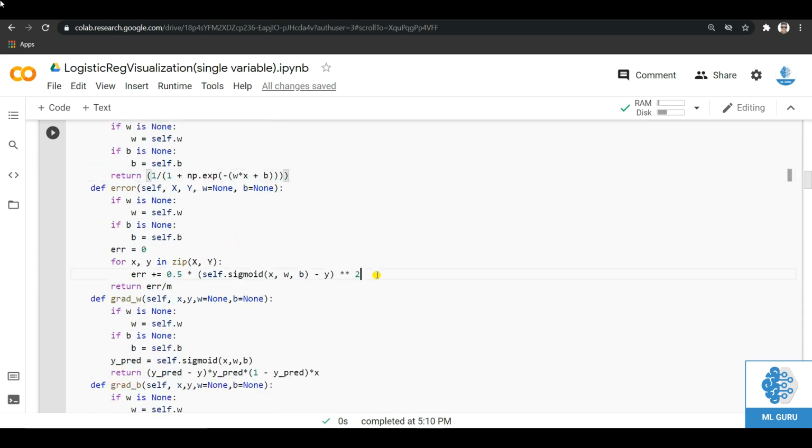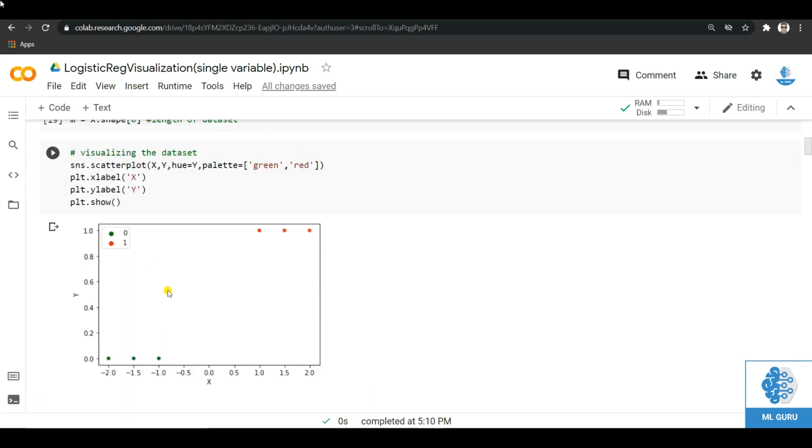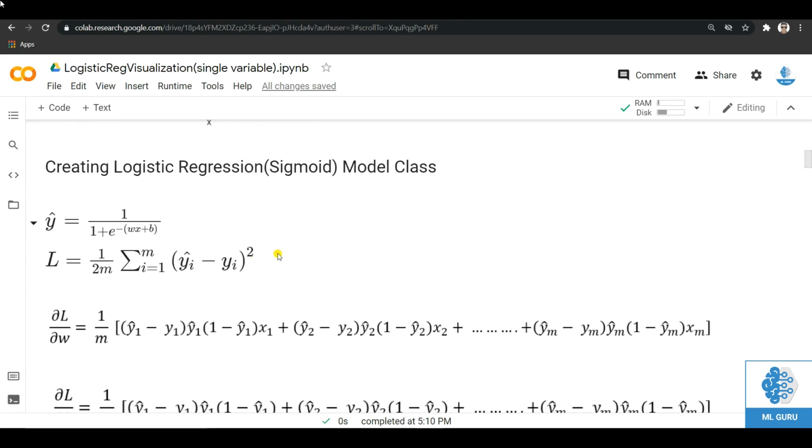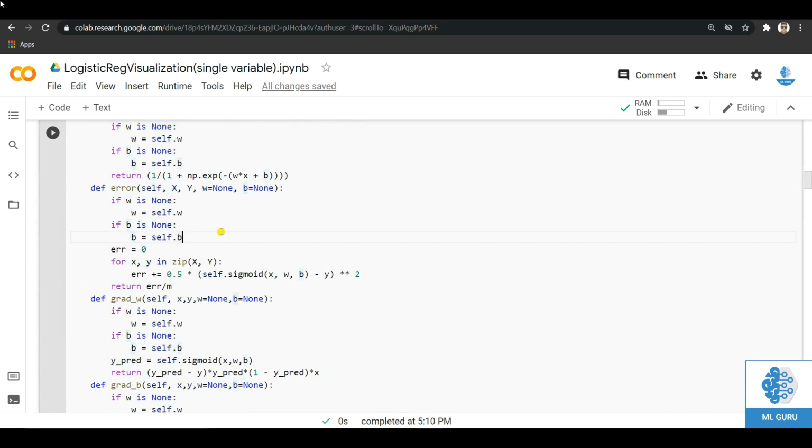Now the next function is to calculate the loss for the entire data set, which is nothing but for all these 6 points, and the formula given is this one in capital L. So here what we are doing is, we will go through each row in our data set, and this small x and small y denote each row's x value and y value, and capital X, capital Y denotes the entire data set.